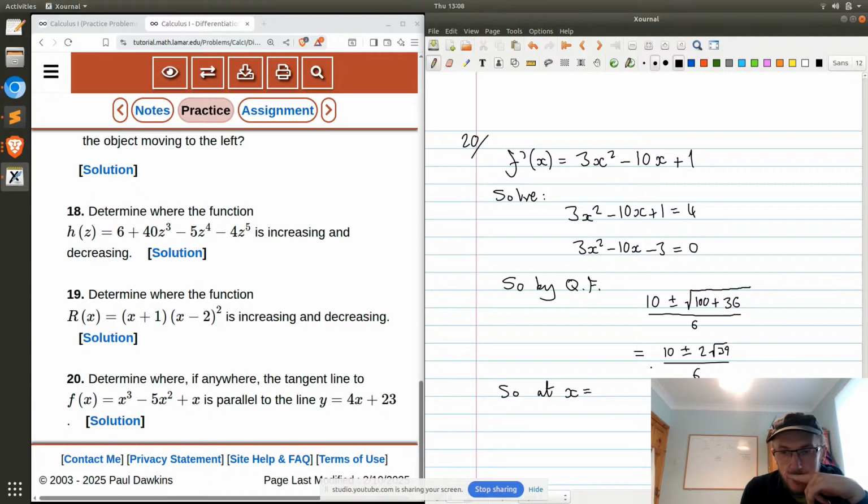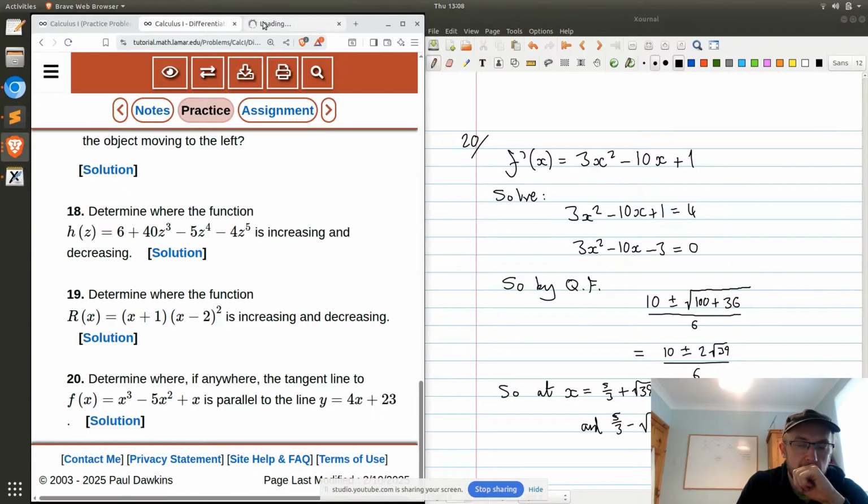So at x equals 5 over 3, 5/3 plus root 39 and 5/3 take root 39. So I think